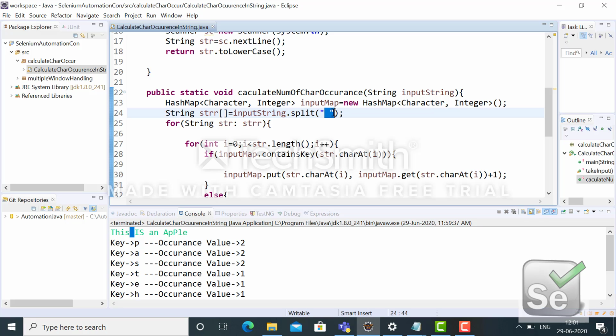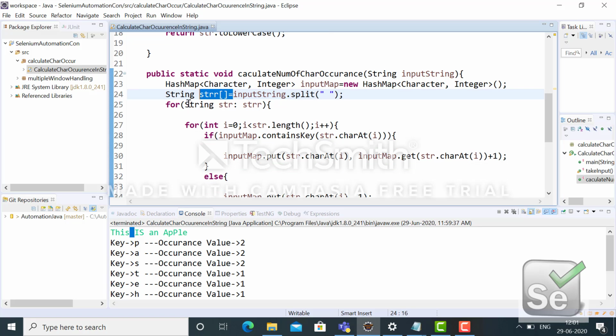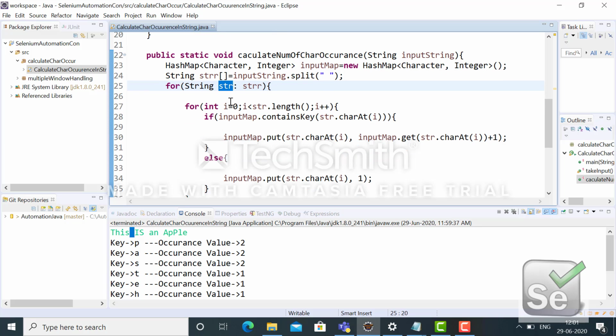Using the space delimiter I split it, and it returns a string array, and using an advanced for loop I keep fetching each and every word of that string. Then I have to reach the character level, so I navigate into each individual word and fetch each and every character. Then I check whether that character is already inserted.